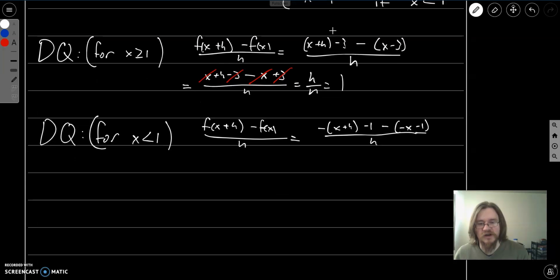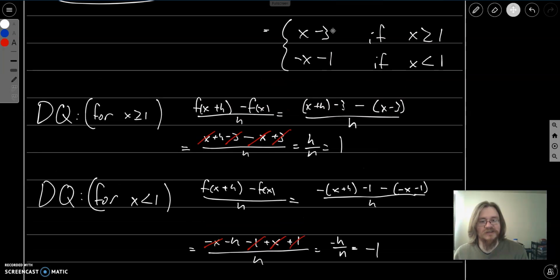We're going to see something very similar happen here. So up here I've had minus x minus h minus 1 minus a minus x minus a minus 1 all over h. So negative x and x cancel, negative 1 and 1 cancel. So I'm left with negative h over h, and that's going to be equal to negative 1, which again looks like the slope of this line. So our derivatives are